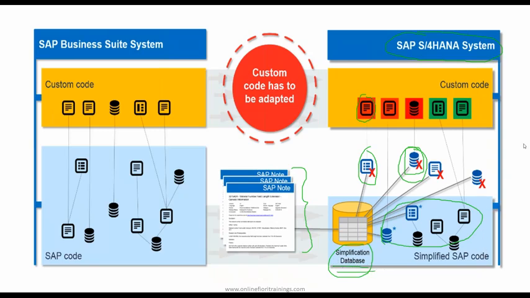So what is a simplification database? It's a collection of all the changes which have been done in order to simplify the business suite, together in a single transaction or a single database table or somewhere. They are actually documenting this. All the concrete changes which have been done in order to simplify things have been put together inside something called a simplification database. It's a collection of simplification items.